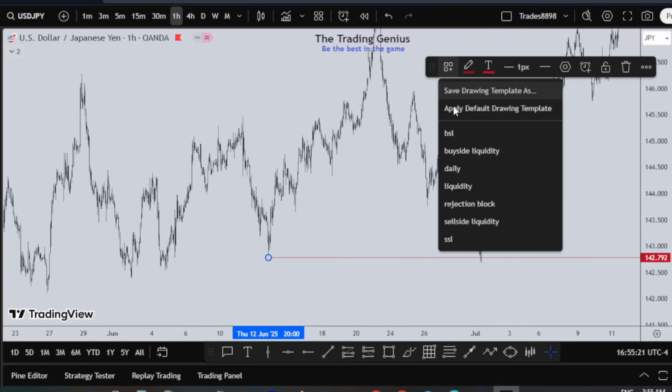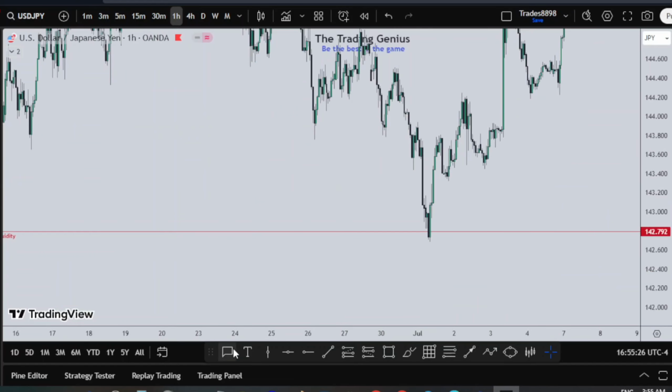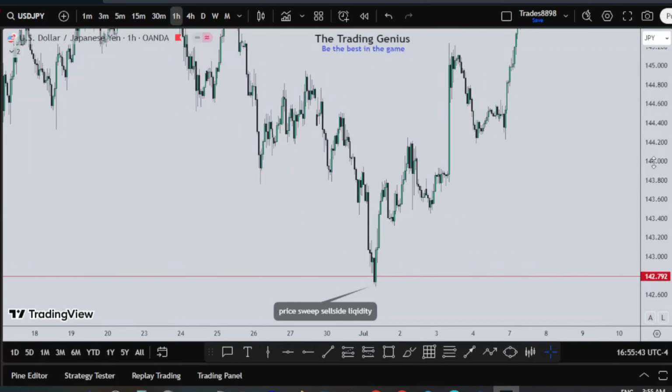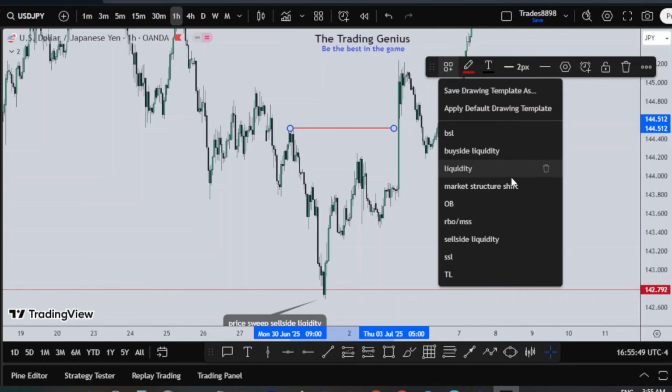We can see that price starts by sweeping this sell side liquidity right here. I will note this so you can take note as well. Price sweep sell side liquidity, right? And after that, as we can see here, it pushed really strong to the upside and created the